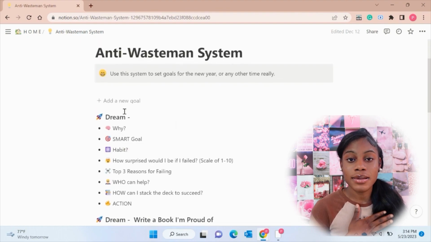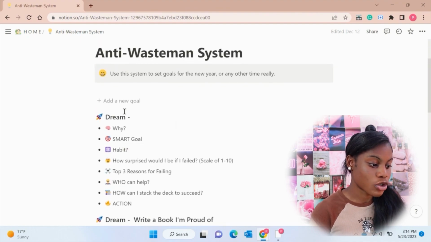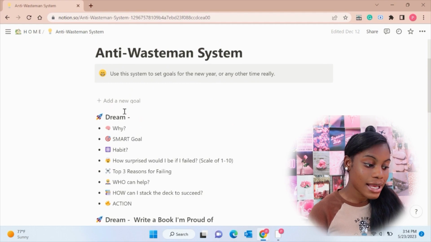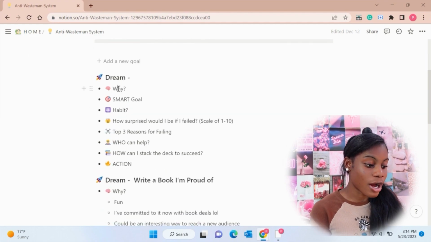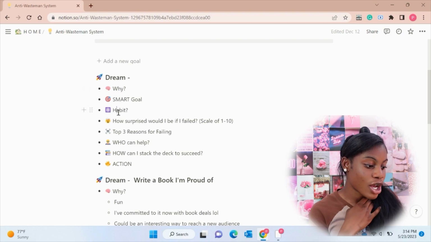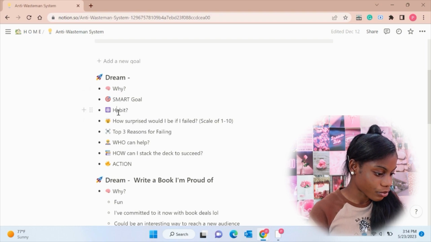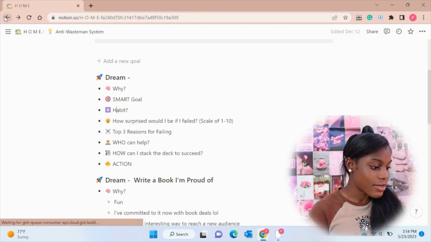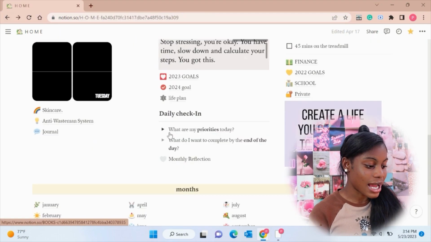I use this for when I set my YouTube goals, so that way I am on track. I ask myself the why. Is it a SMART goal? Habits to achieve this goal. On a scale of 1 to 10, how surprised will I be if I failed? Blah blah blah blah. So yeah, and then last but not least, on the left hand side we have my journal,